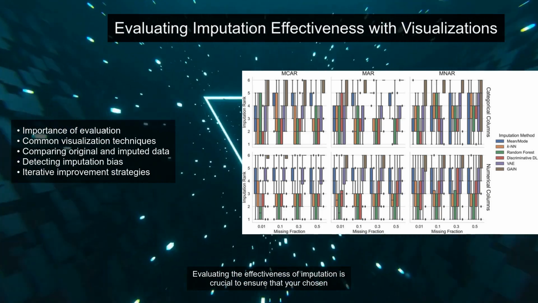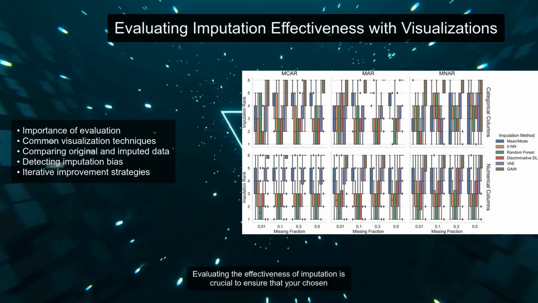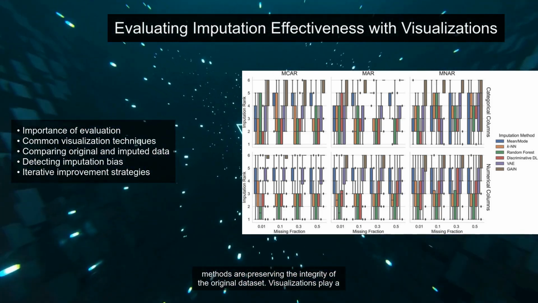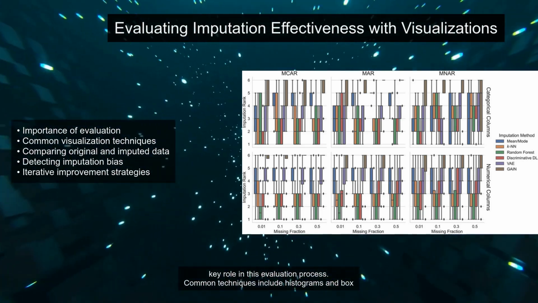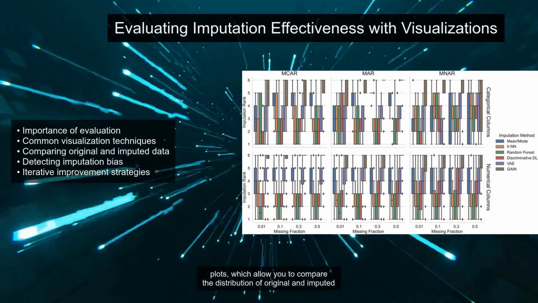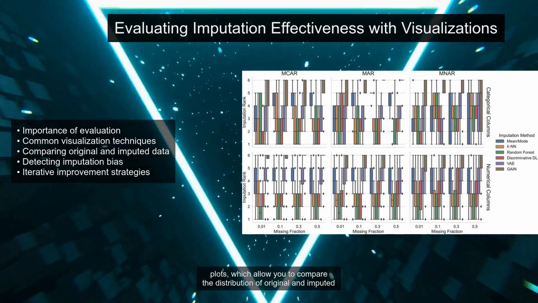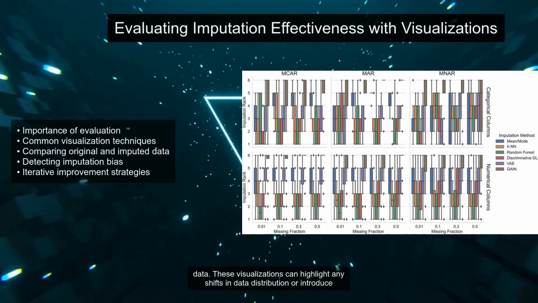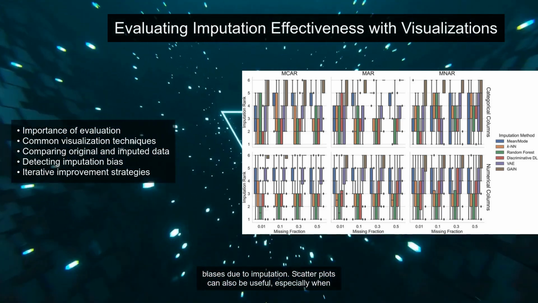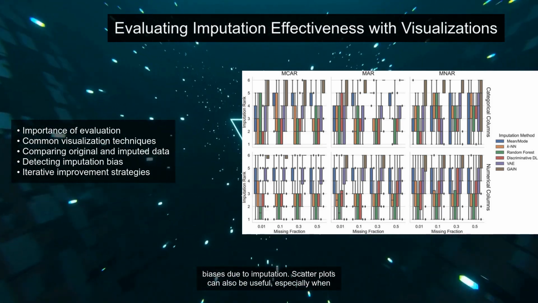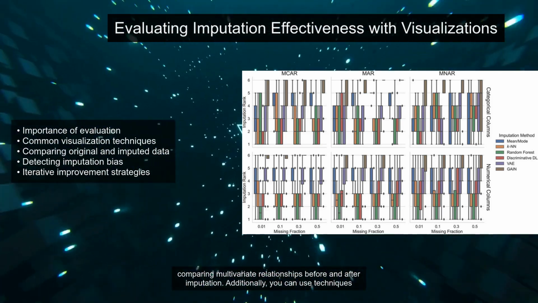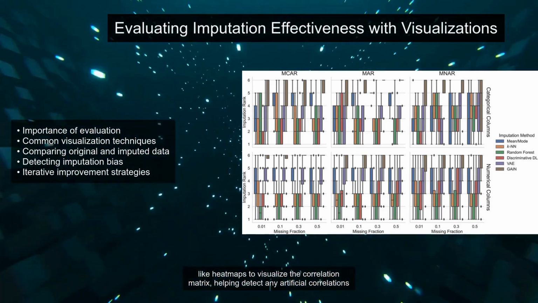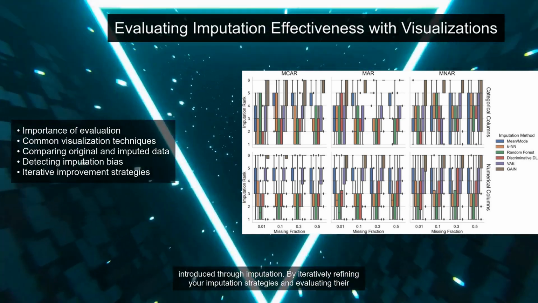possible. Evaluating the effectiveness of imputation is crucial to ensure that your chosen methods are preserving the integrity of the original dataset. Visualizations play a key role in this evaluation process. Common techniques include histograms and box plots, which allow you to compare the distribution of original and imputed data. These visualizations can highlight any shifts in data distribution or biases introduced by imputation. Scatter plots can also be useful, especially when comparing multivariate relationships before and after imputation. Additionally, you can use techniques like heat maps to visualize the correlation matrix, helping detect any artificial correlations introduced through